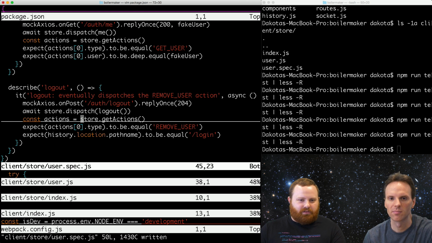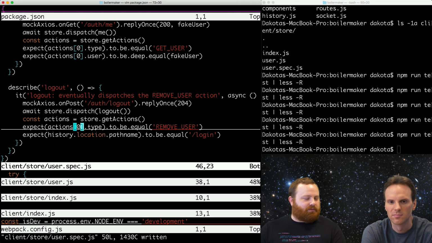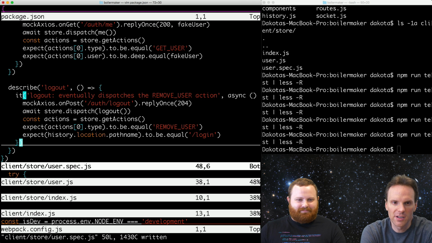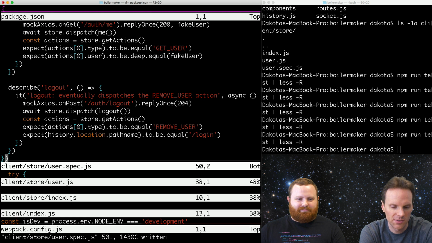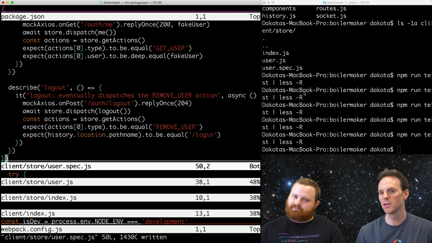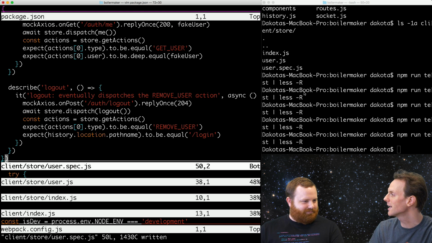So store.getActions is returning a list where the first index is undefined. And so then you try to do undefined.type, and that's where the error came from. Okay, so that's our logout thunk. And is that the rest of our Redux test? Yeah, I believe so. Okay, I think that wraps up all the Redux essentially,